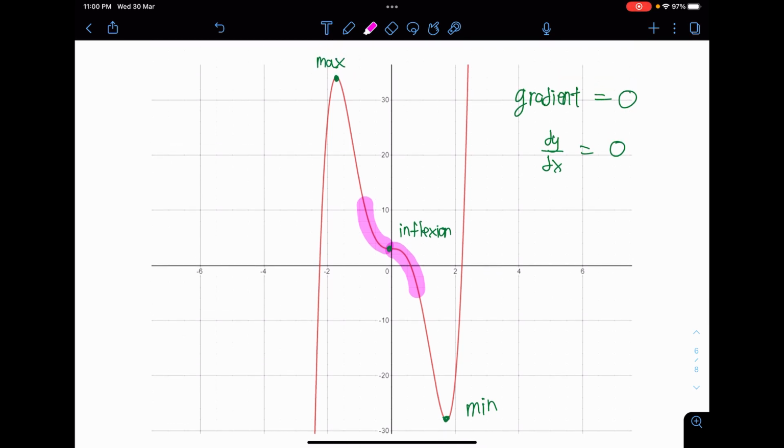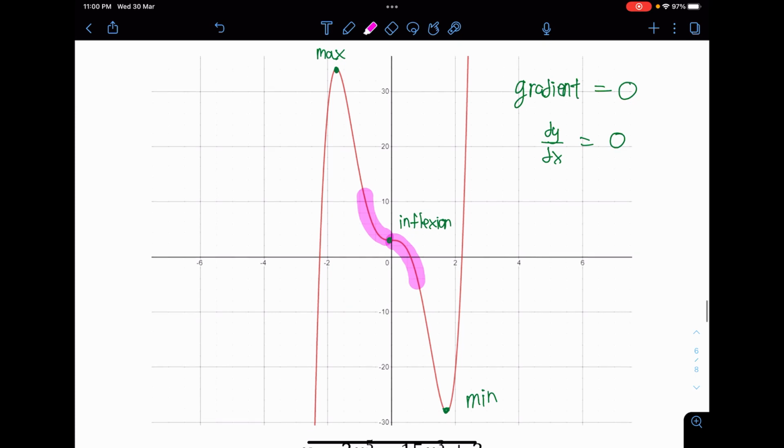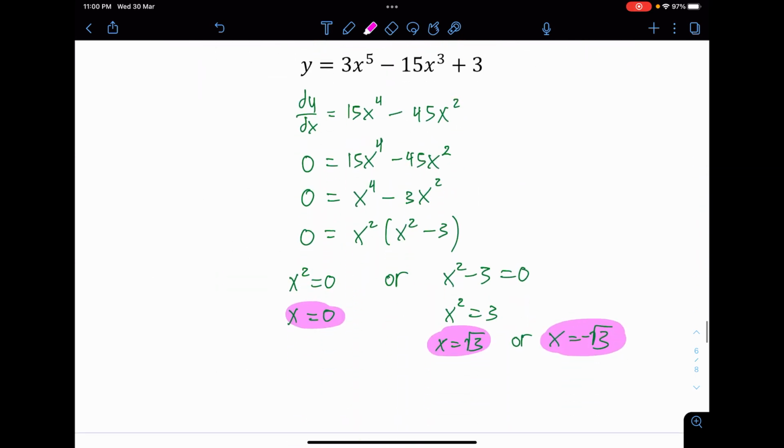Let's just imagine that I have no time to graph this question. To be honest, this chapter is not about graphing. The graphing is almost non-existent in this chapter. I just draw this so that you have a clear visualization about the gradient being 0, the maximum, minimum, and inflection. Most of the time in this chapter, you only have this equation. You don't have any time to graph, not at all.